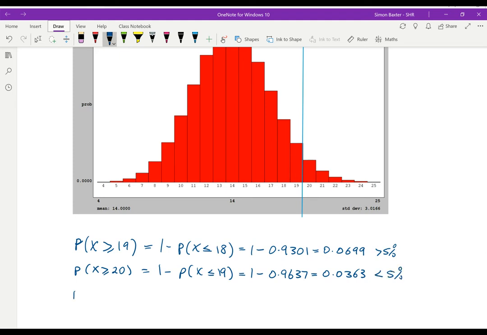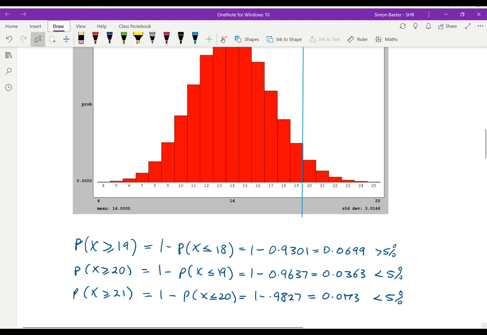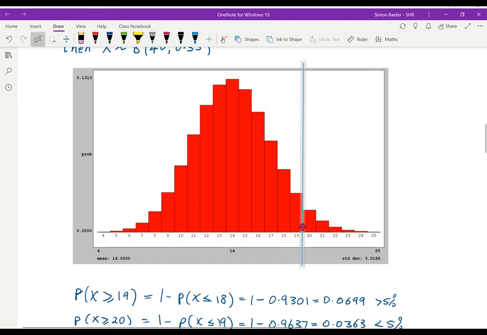If I go out one further and look at the probability that X is greater than or equal to 21, I get 1 minus the probability X less than or equal to 20, which is 1 minus 0.9827, which is 0.0173. And of course, that is going to get smaller and smaller as I go out. So we've found here that if we put this line on the greater than or equal to 21, the area to the right